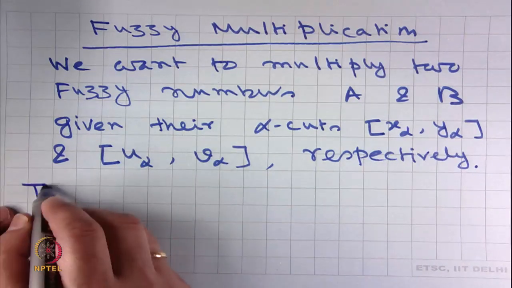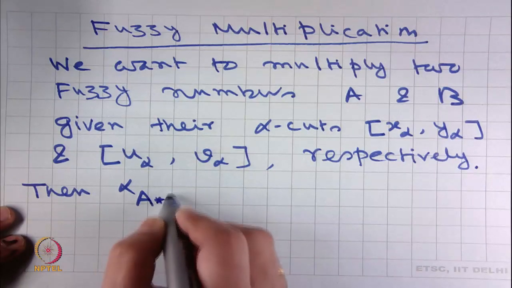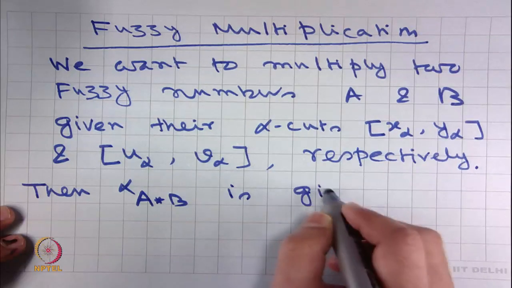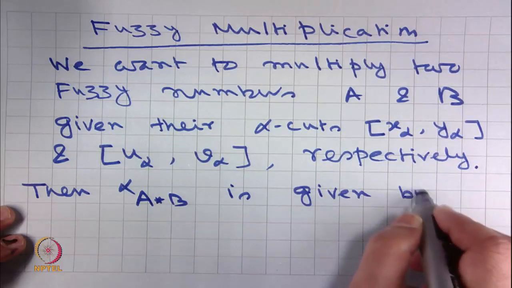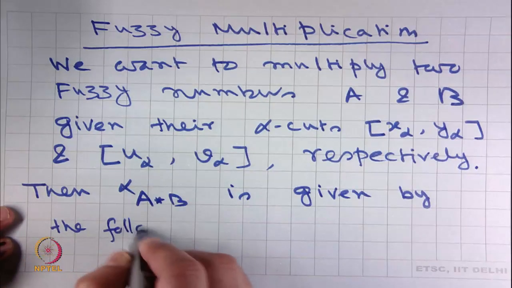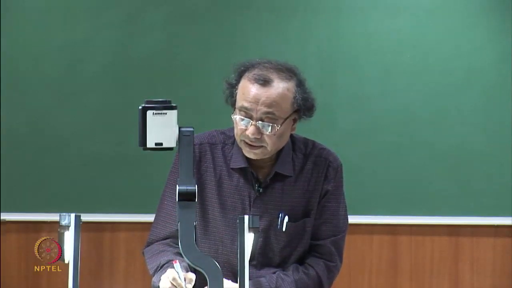Then the alpha cut of A multiplied with B is given by the following. Alpha cut of A star B is equal to